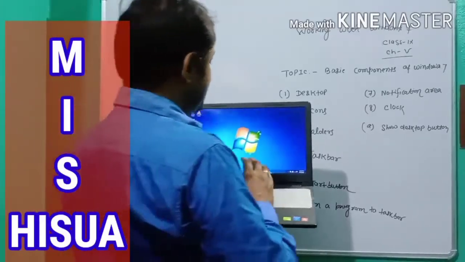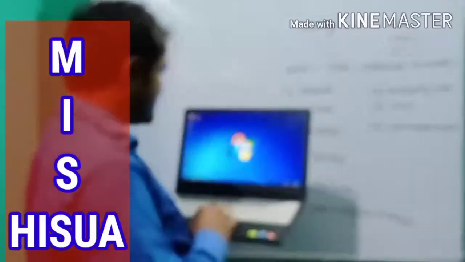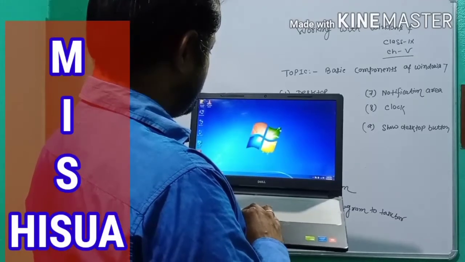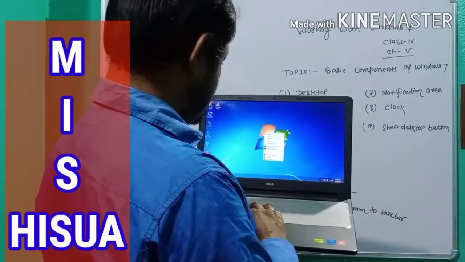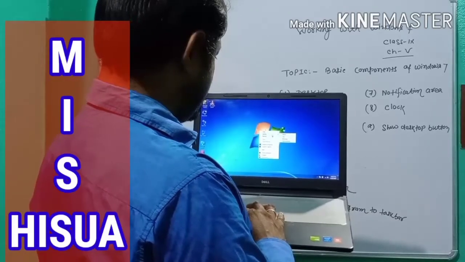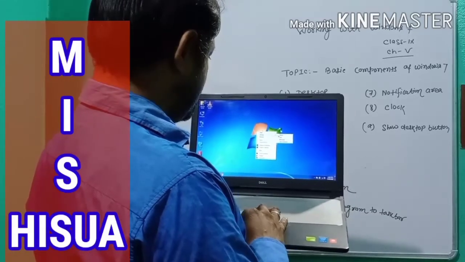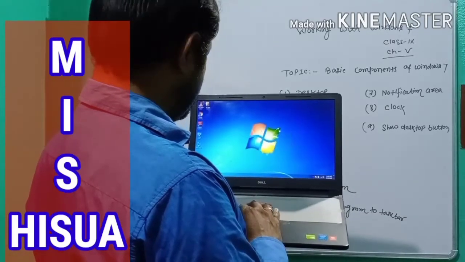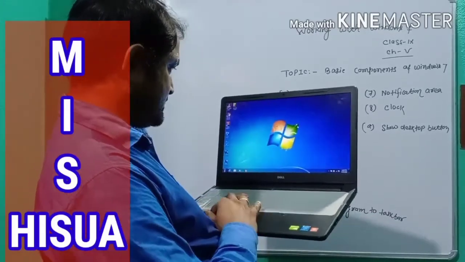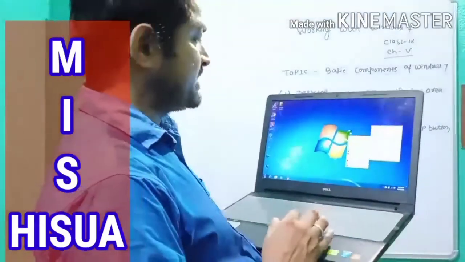Third point, folder. How to make a folder?